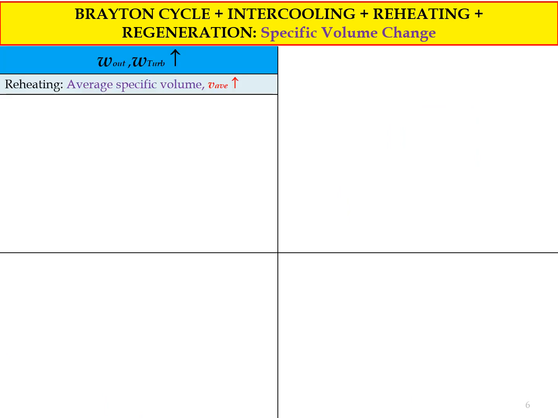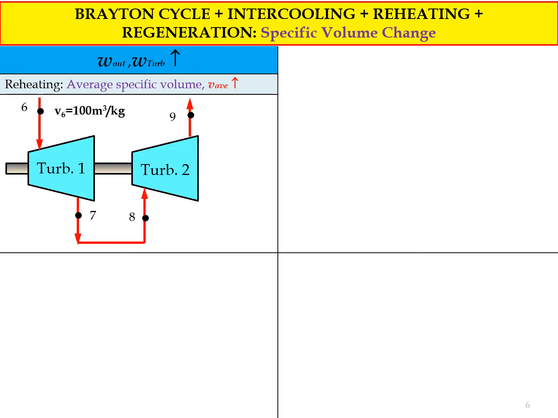Brayton cycle with intercooling, reheating, regeneration, specific volume. Now we look into the work out by the turbine. As you can see, the reheating process increases the average specific volume. The air from state 6 goes into the turbine, state 7, from 100 meter cube per kg specific volume, and